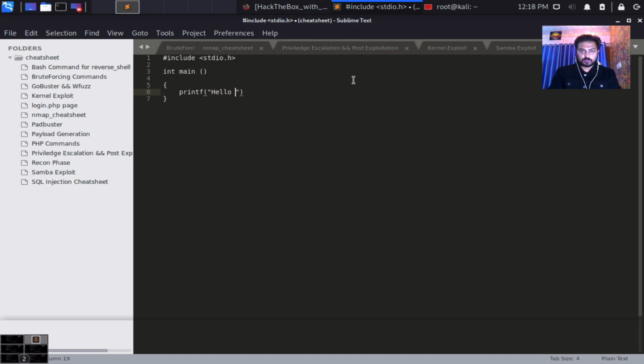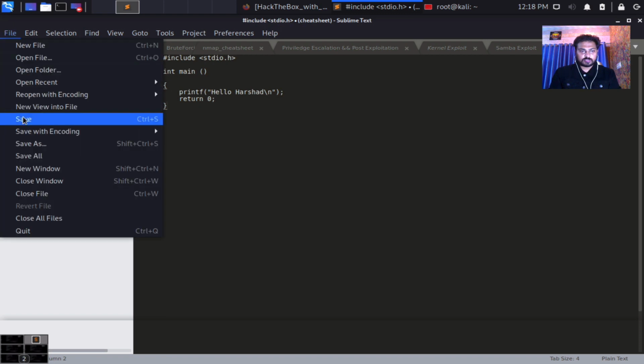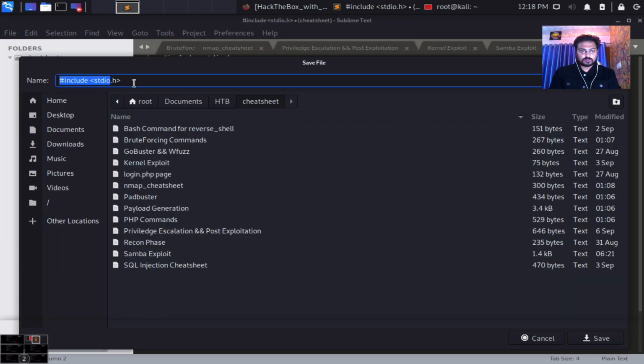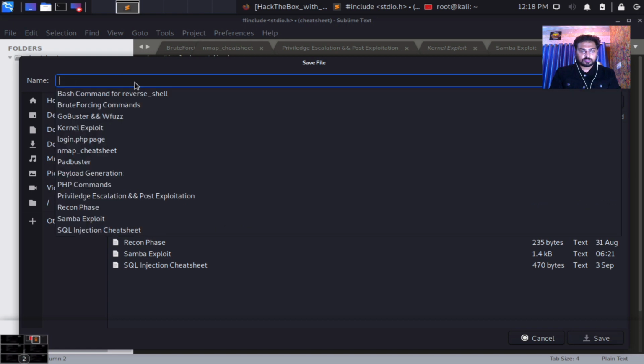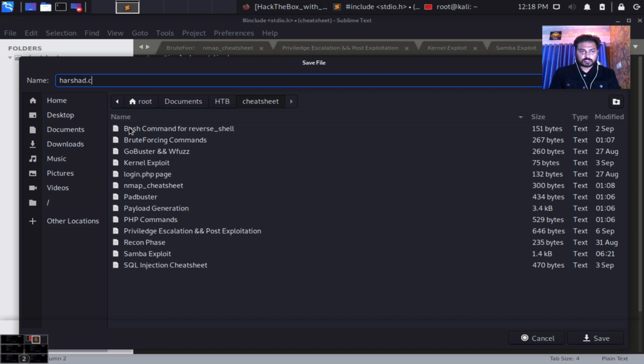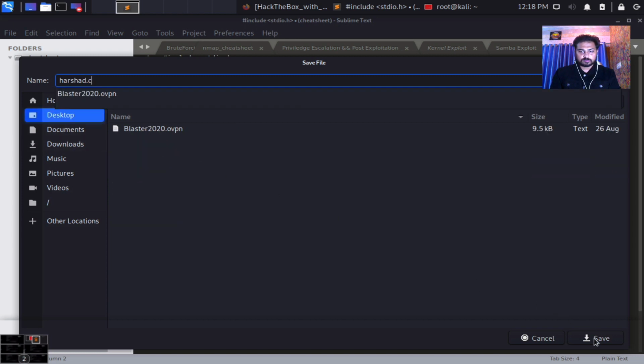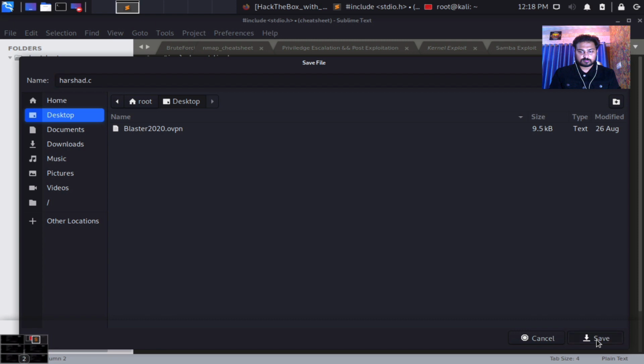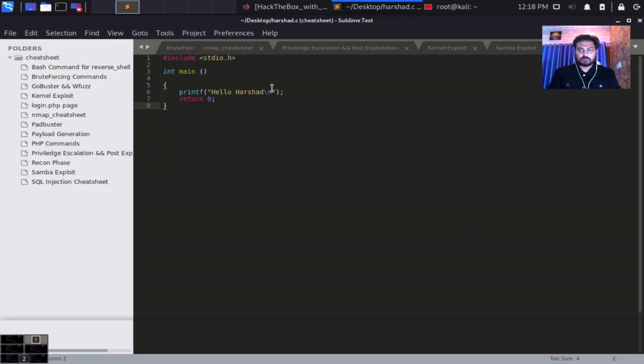I'm going to use hello Harsha, something like that, and the new line, and then termination, and then we are going to return, so return 0 and then termination. That's how we can write the code. We'll check everything, then simply File, save it. The file we are going to save is called harsha.c, and I'm going to save it on my desktop. That's how we can write a program.